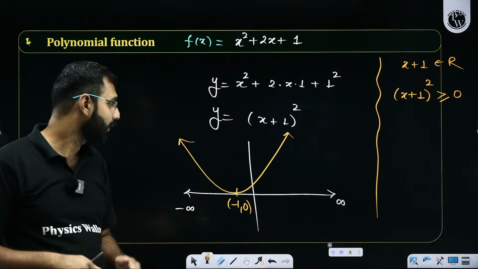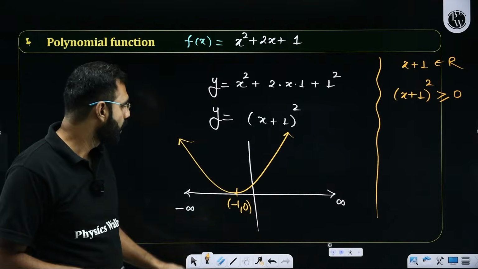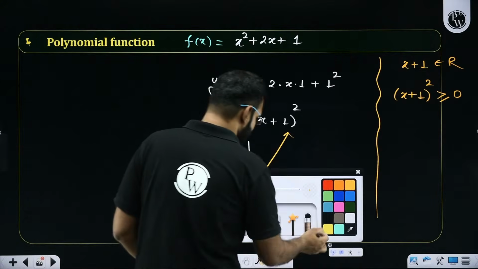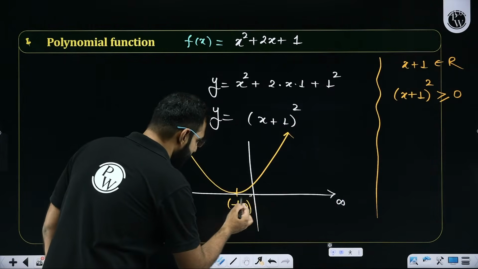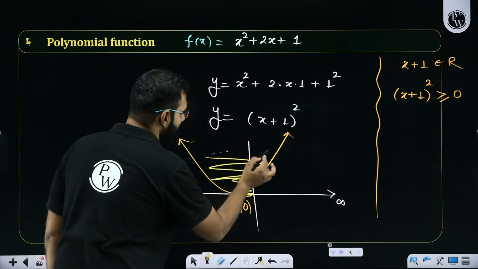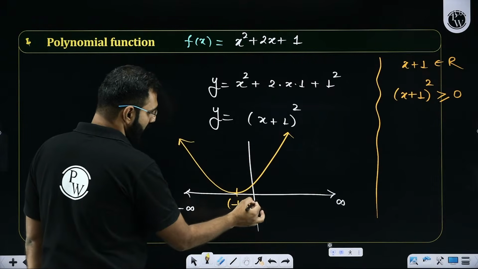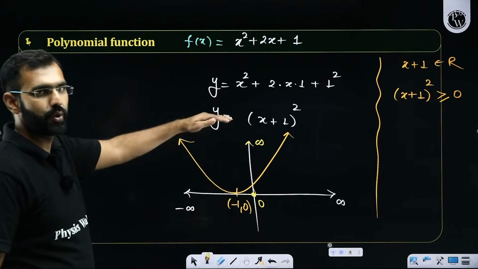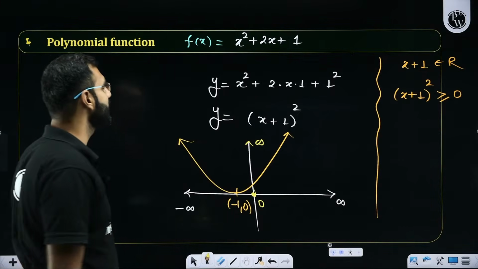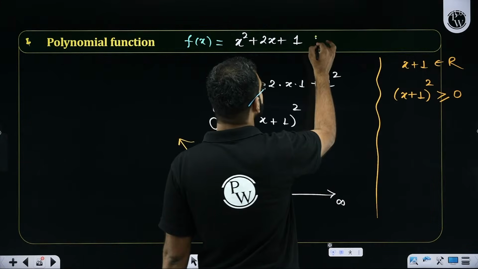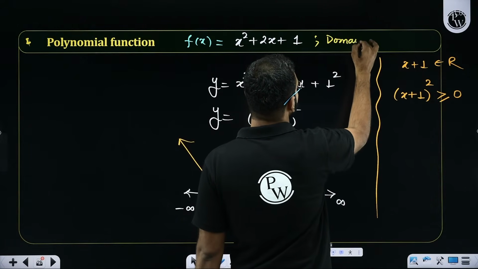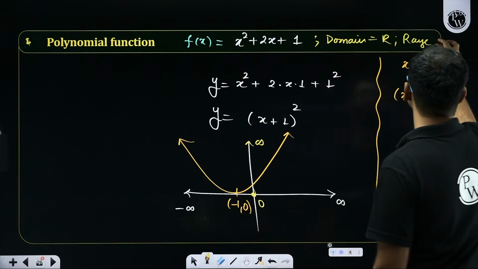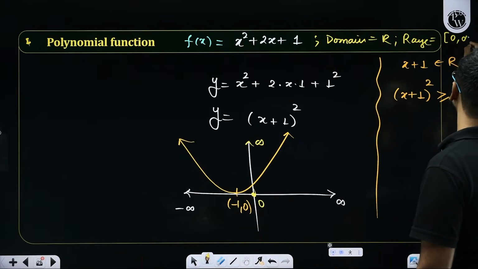But right now, if I ask you the range, will you say the real numbers? No, of course not. When I ask you the range, the graph exists along the y-axis from 0 to infinity. We are noticing the graph exists in this case along the y-axis from 0 to infinity. Which means in this case, if the domain could be all the real numbers, the range would not be all the real numbers, it would be 0 to infinity.